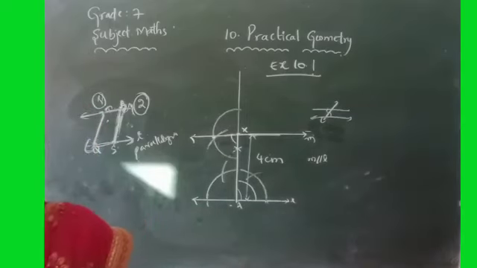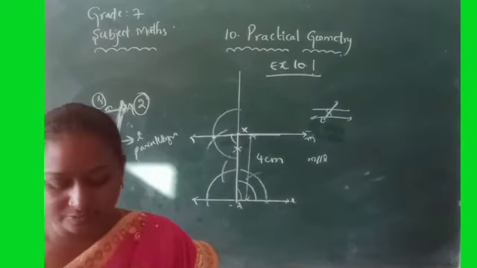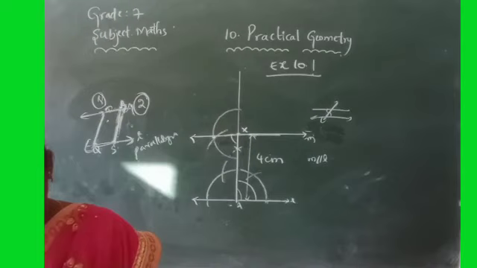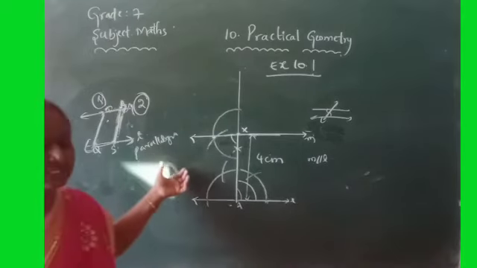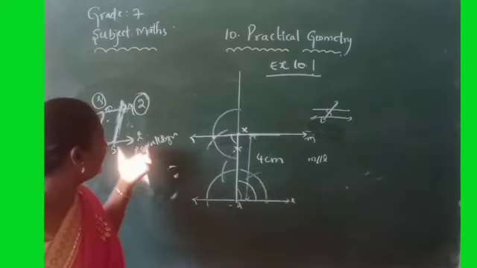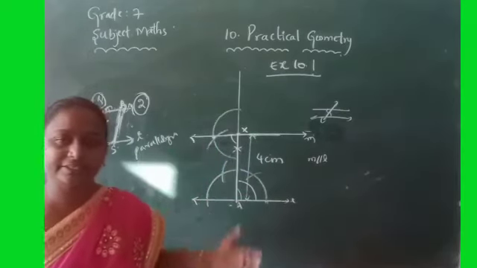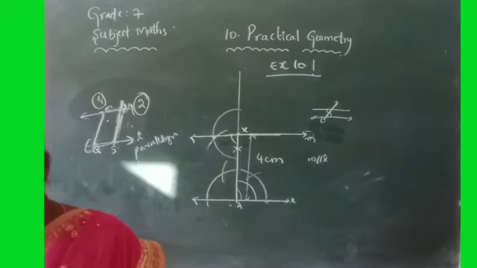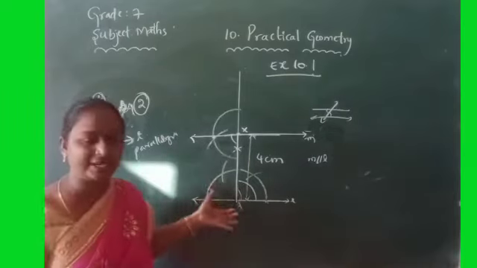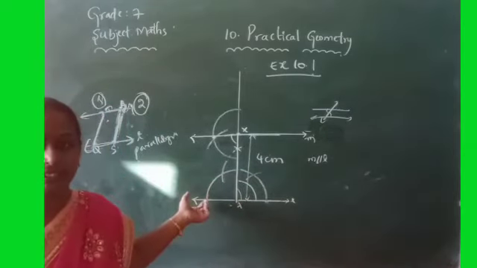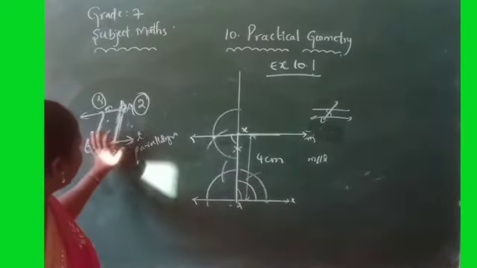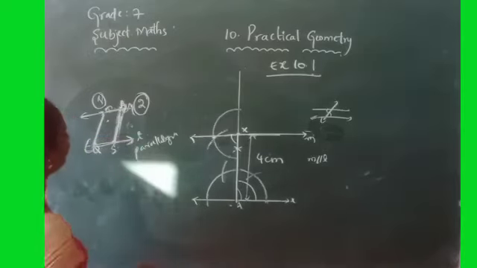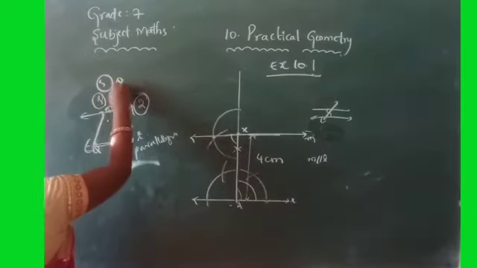In this exercise only 3 problems are there. Based on the transversal topic, how a transversal cuts parallel lines, and the alternate interior angles or corresponding angles are equal. Like that, here is the construction of parallel lines. You have to construct these parallel lines using the ruler and the compasses only. Now I am giving this third question as homework to you. You have to do it yourself.